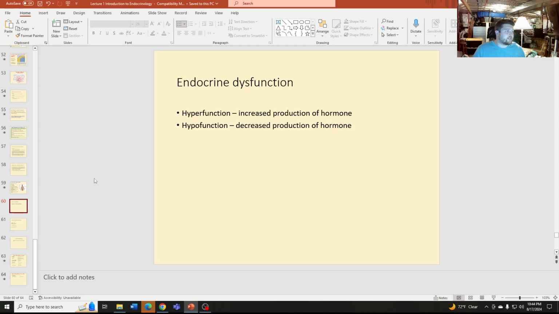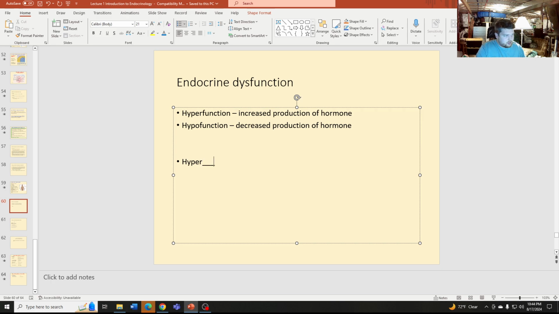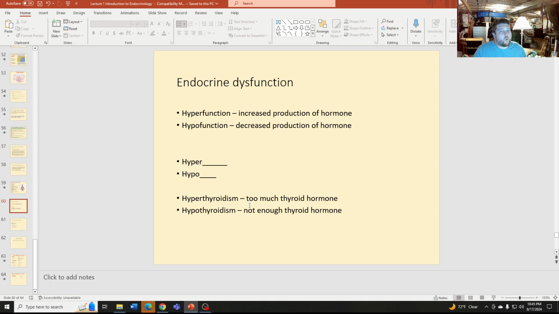Endocrine dysfunction: we can have hyperfunction or hypofunction. These are where all of our conditions come from. Most often they're going to be written as hyper-whatever or hypo-whatever. So like hyperthyroidism and hypothyroidism, meaning too much thyroid hormone, not enough thyroid hormone. And we will go into the causes of those and what the issues are,